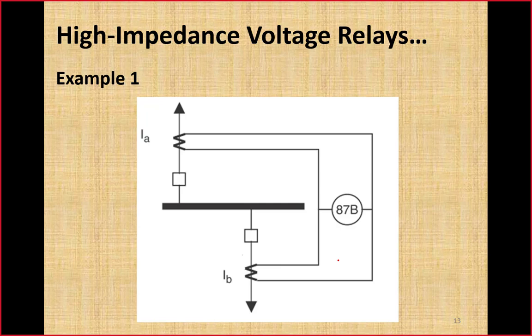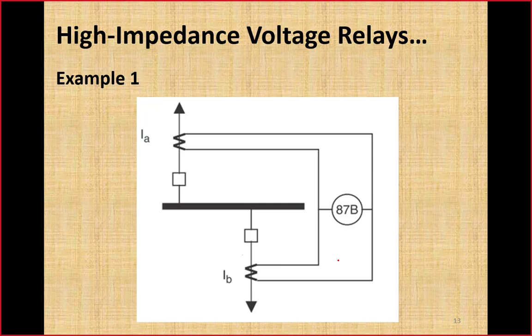When a differential relay is used for a transformer, we normally designate it 87T. If it is for a generator, that will become 87G. And when this differential relay is applied for the bus, it is 87B. Normally transformer differential will be a harmonic restrained percentage differential relay. Generator protection will be only percentage differential relays, and for bus bar protection that could be a high impedance voltage relay.